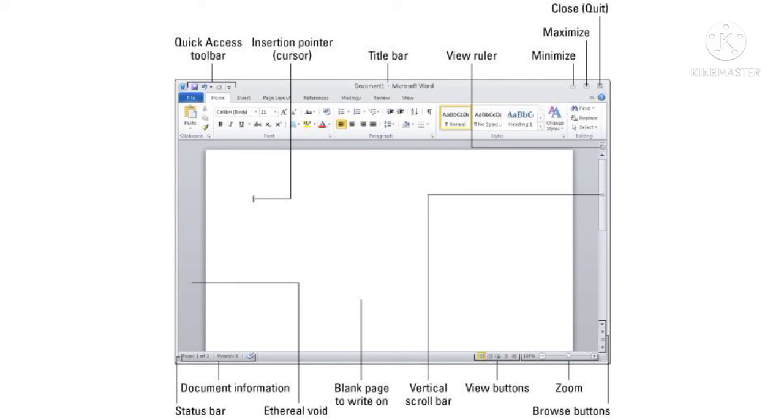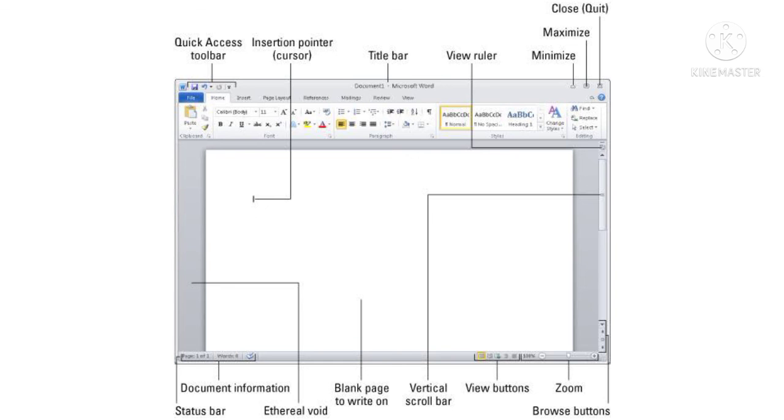Students, in this lesson we learned cursor. It is the blinking vertical line in the work area. Dialog box appears to ask for information to be given to the computer. File tab consists of options such as Save, Save As, Print, etc.